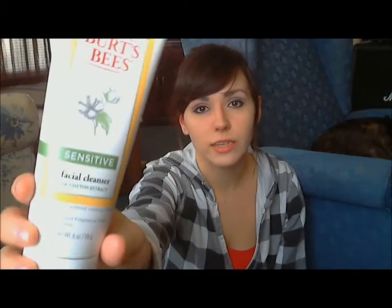But it also has cotton extract and rice extract and aloe in it. So I thought that was a perfect combination just because all 3 of those are really great. So I just wanted to try that, and I like it so far. What I end up doing is in the shower, I will put it on. I use very little, like a pea size, and I will leave it on while I wash my body and whatnot, or shave or whatever, and I feel like it's helped my skin become more moisturized